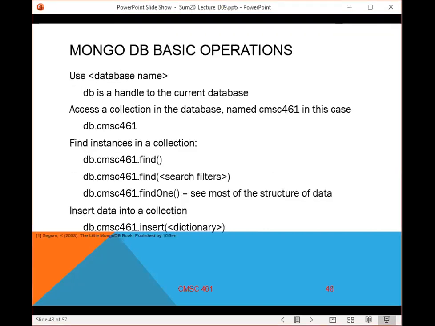So here are some of the basic operators. We use a database to make it the current database, similar to Microsoft and MySQL, for example. To access a collection, we use the DB handle and then the collection name. So if there's a collection in our database that we just used, the name 461, db.cmsc461. Some of the commands we can issue: we can find instances in a collection,